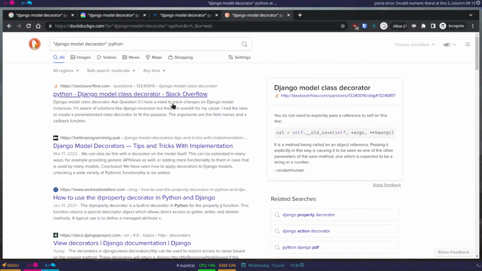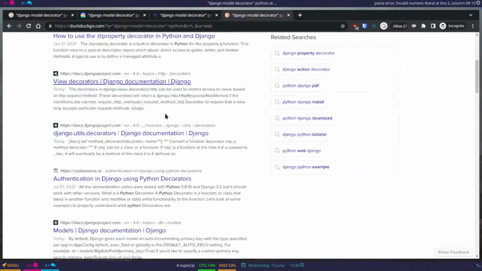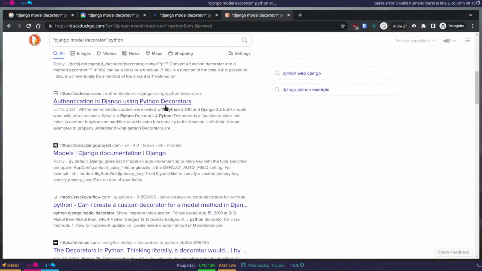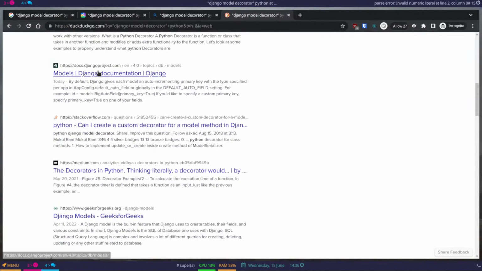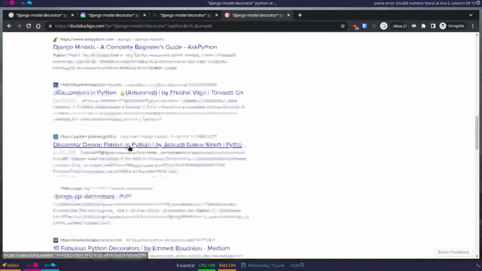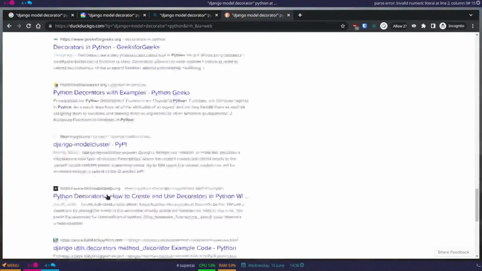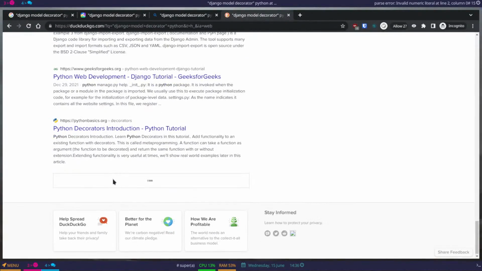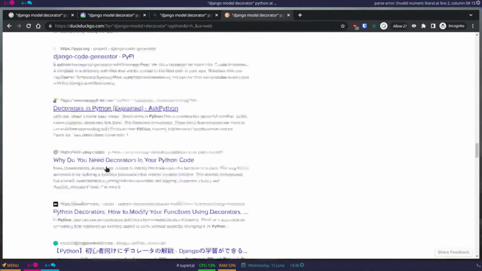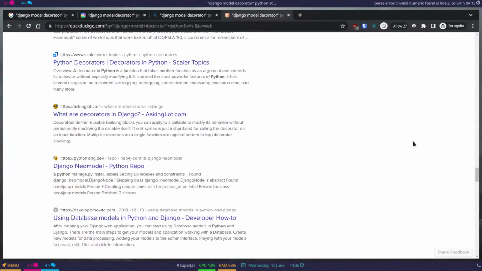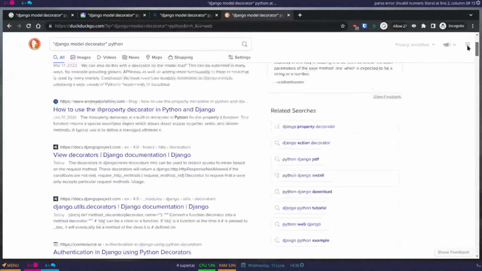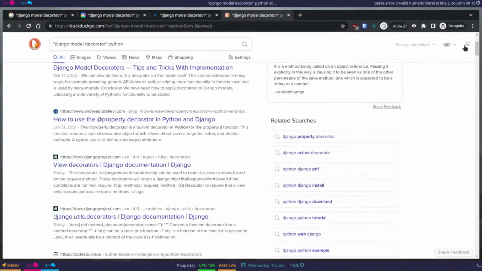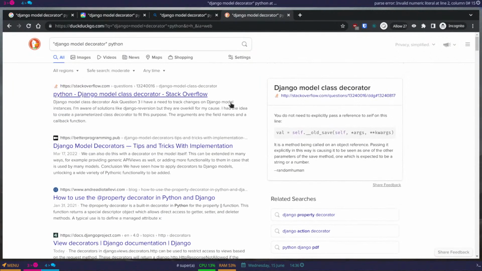I don't think it tells me how many. But look, tons of results. Who knows how many pages this goes? You know, I'm not gonna keep scrolling, but lots of related searches. So yeah,